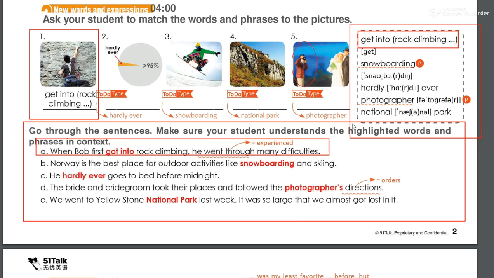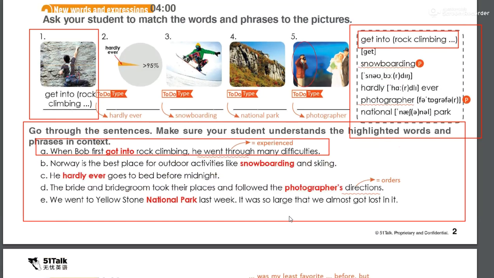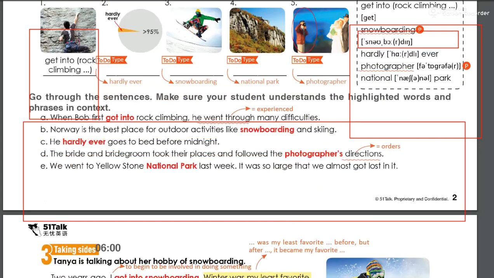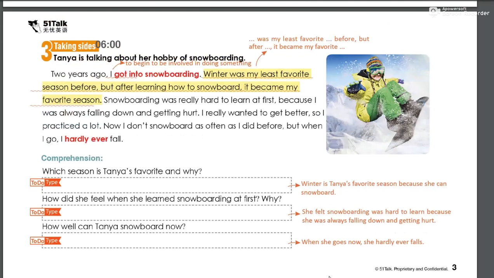All right. Now, if there is a mispronounced word, take note of that and correct your student right away. So afterwards, you can have a review or a drill pronouncing those words again to ensure that the students get the correct pronunciation. All right. Still depends on the student's level, guys. So let's move on to our next page. So this page, guys,